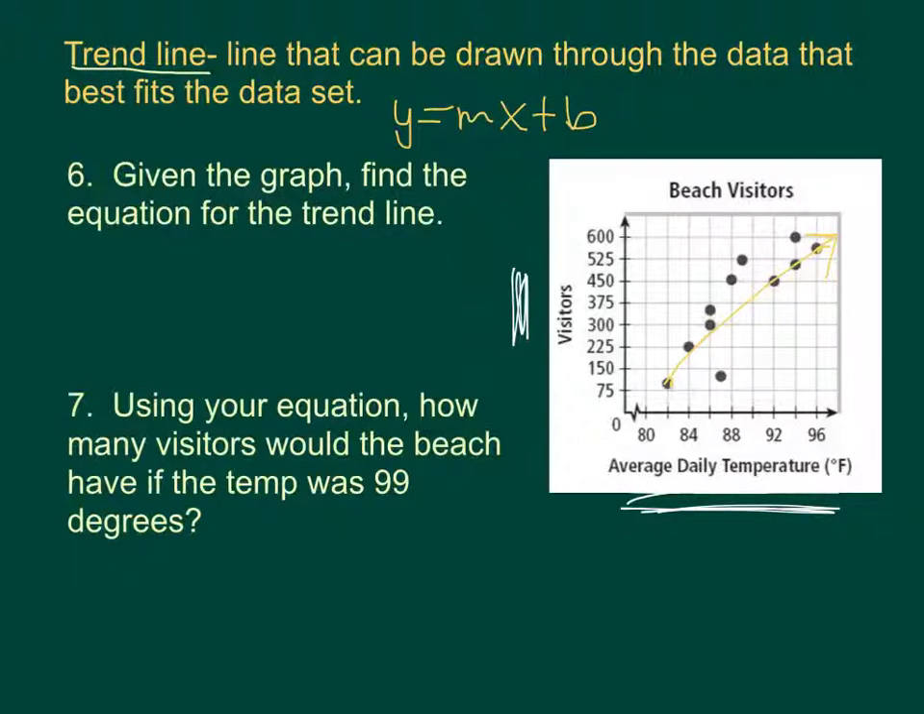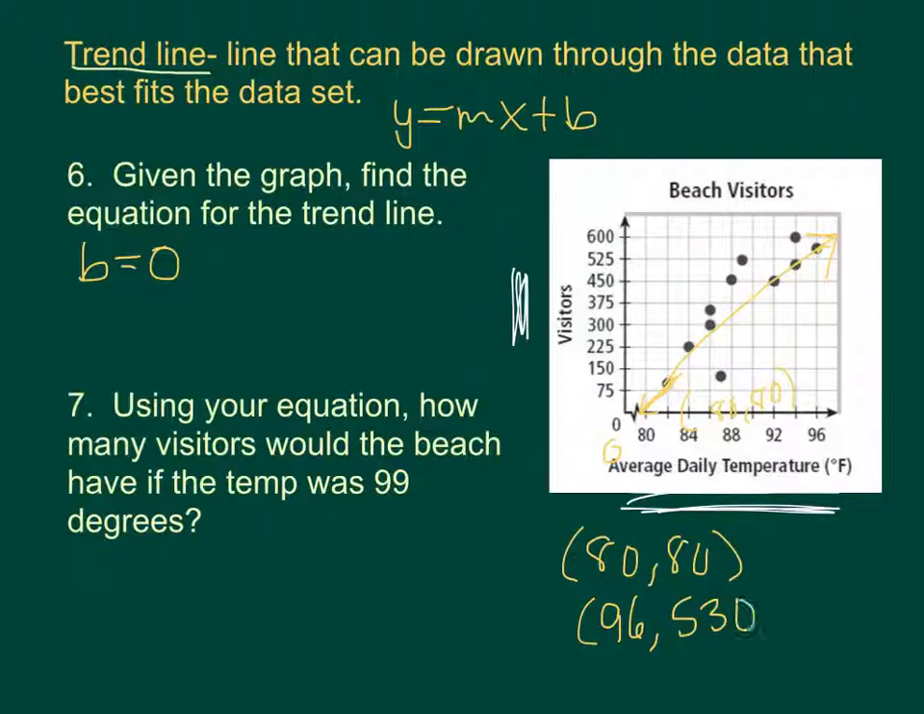Well, if I kept going down, when the temperature is 0 degrees, how many people do you think are at the beach? None. So my b is 0, or my y-intercept is 0. Now I just have to find my slope. If I find the first point, remember 2 points, that would probably be 80, comma 80. So my first point is 80, comma 80. My second point up here would be about 96, comma